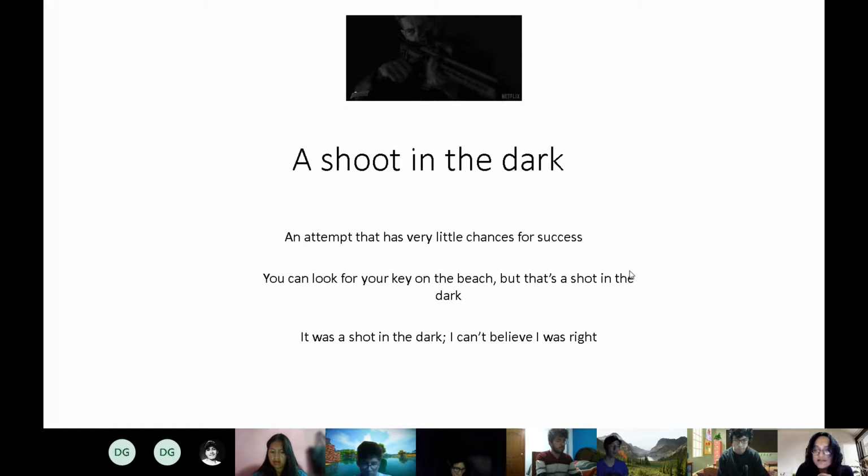Okay, let's wait for the last example and then we are going to move on to the next idiom. Okay, so please somebody can help me writing down the last. Okay, this accident had many injured people. However, it was a shot in the dark. Okay, but in the past, right? Right. Okay, that's a very good example.